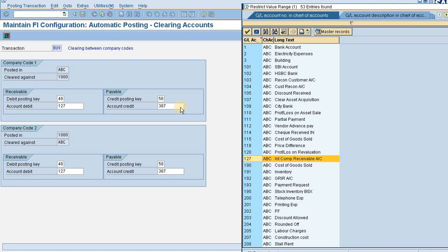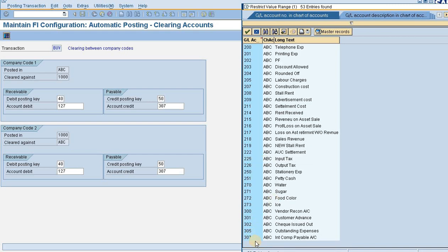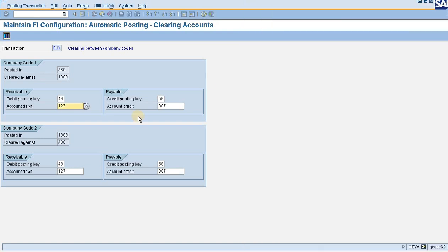So here debit would be the intercompany receivable, that is this, and in the payable section, 50 means credit would be the intercompany payable. Now obviously 307 is given, that is the intercompany payable. So those two accounts are mapped here, that is quite obvious. Now this part is clear in the books of ABC.